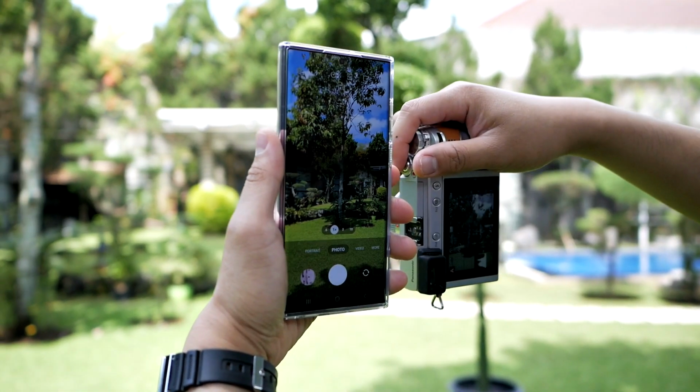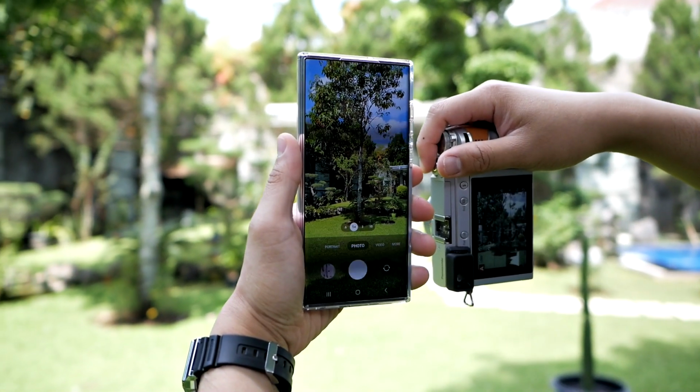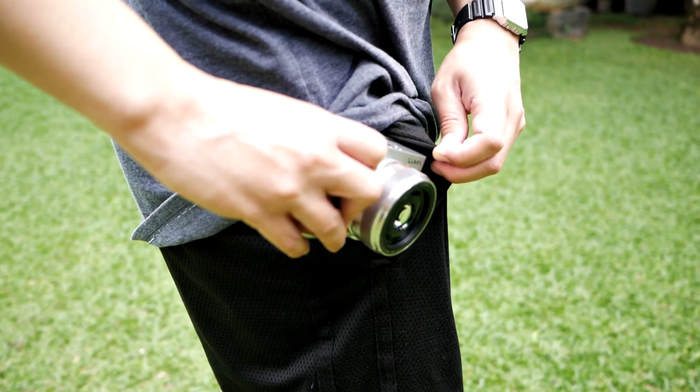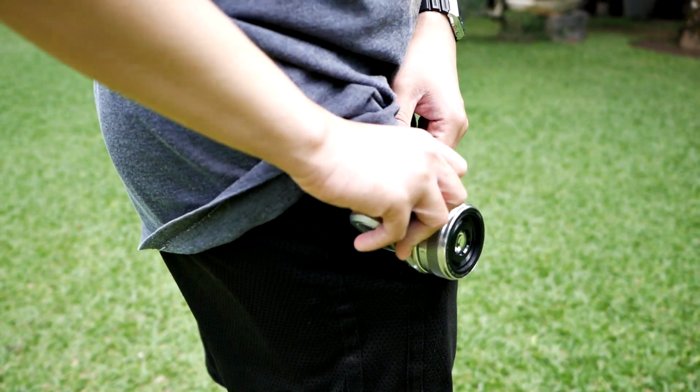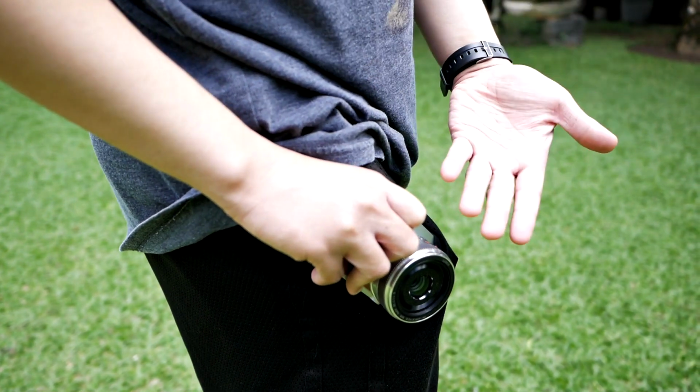Now let's talk about portability when it comes to switching to Micro Four Thirds. If you are coming from a smartphone, the answer is pretty simple. It will be less portable compared to your phone, definitely because the depth of the camera body is much thicker compared to the depth of a regular smartphone, and you still have to attach a lens to your camera, so it will be a few centimeters anyway, so it's not gonna be as portable as your phone.